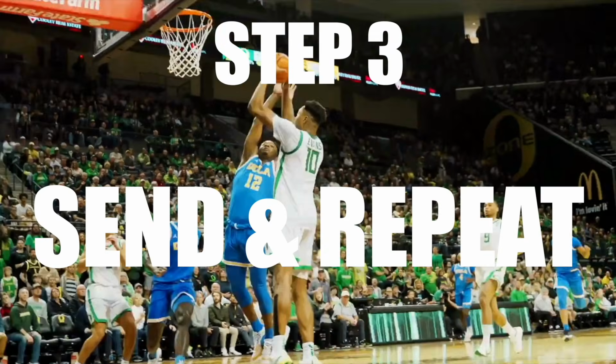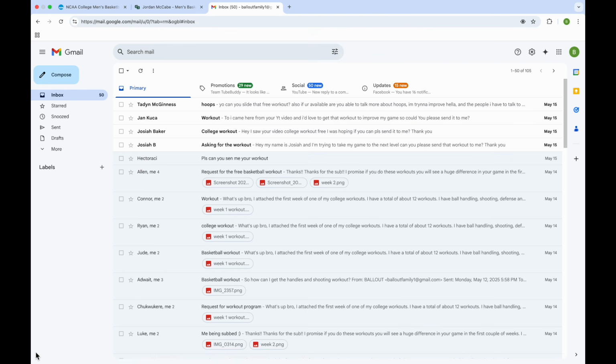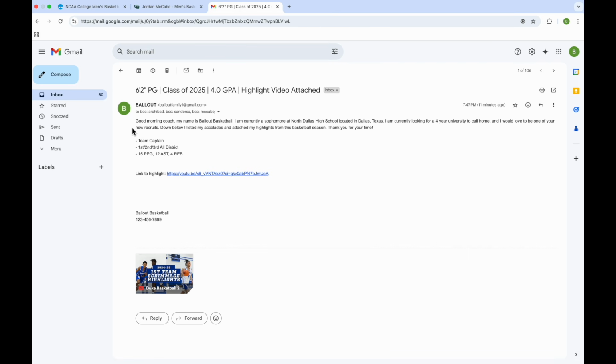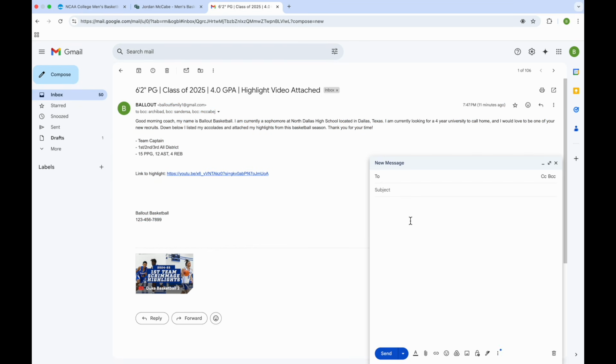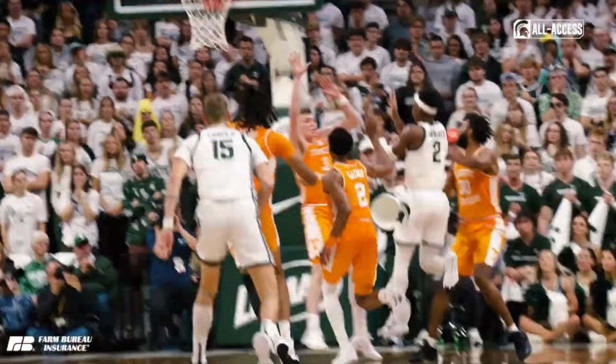Step 3, send and repeat. Now all you gotta do is just hit send, then go to the next school and do the same exact steps. And to make life a little easier, all you gotta do is copy and paste your original message and update the coach's emails. And after you send all these emails to these colleges, all you gotta do now is wait